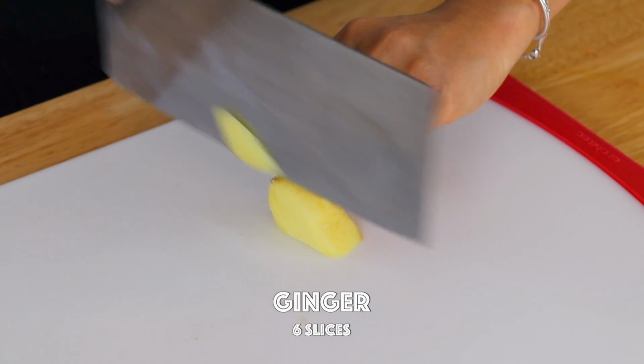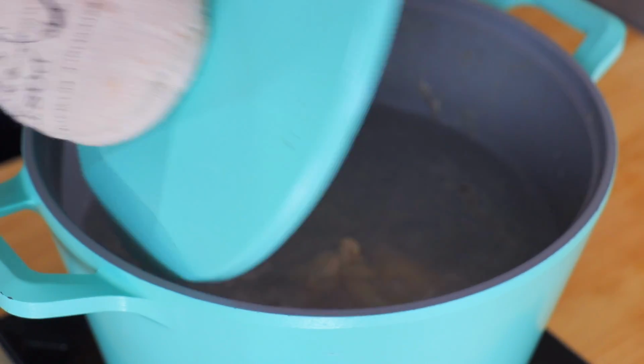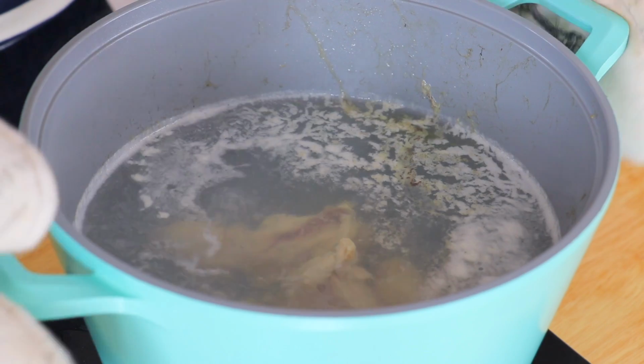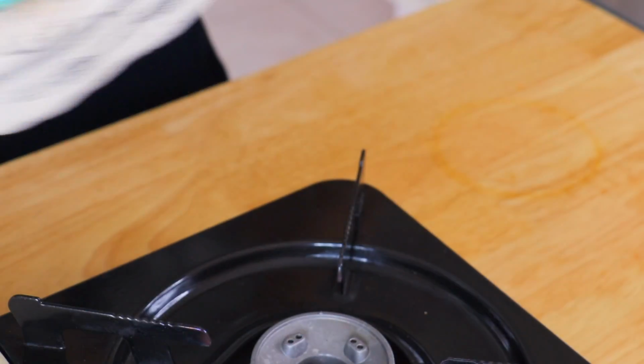In the meantime, we're gonna cut some ginger slices. Now I'm going to remove the water in here because we want to take away the blood and also its gamey taste. And again,